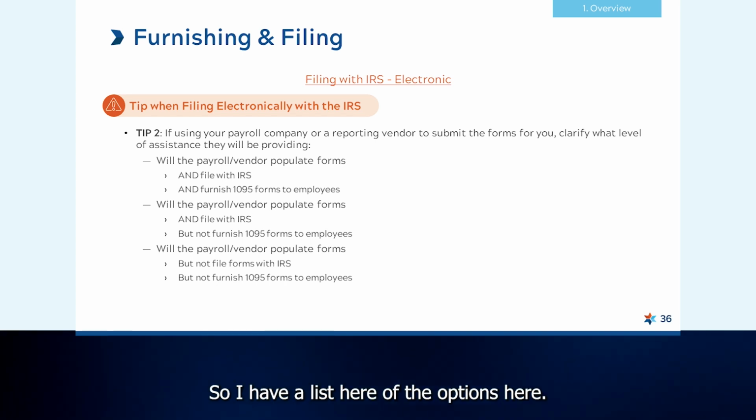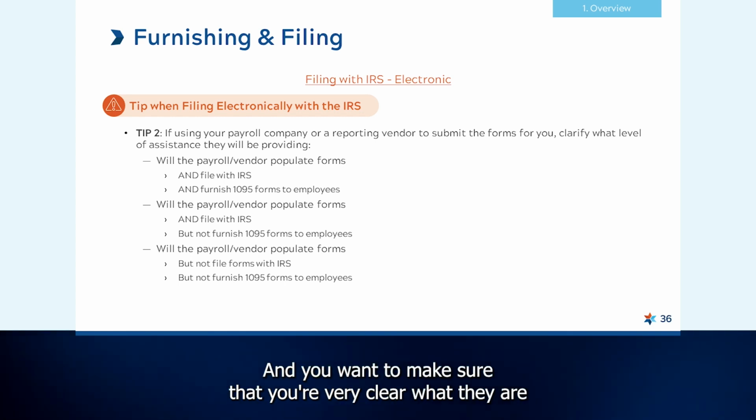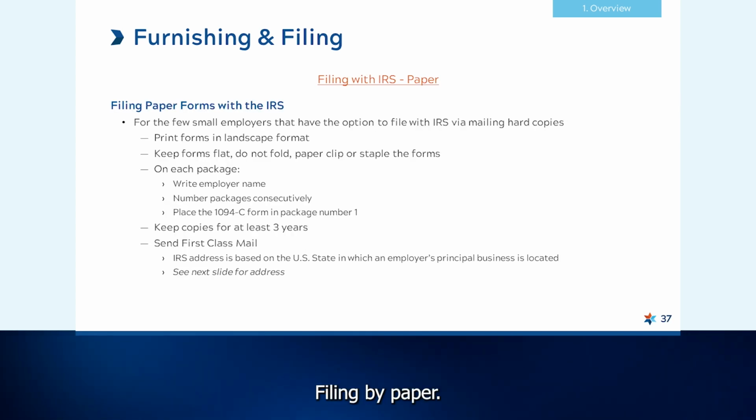So I have a list here of the options, but that's the bottom line. You've got 3 steps, and you want to make sure that you're very clear what they are, what you still have to do, and what they are doing for you. Filing by paper is really not applicable anymore, but for the off chance that there's somebody here that is,